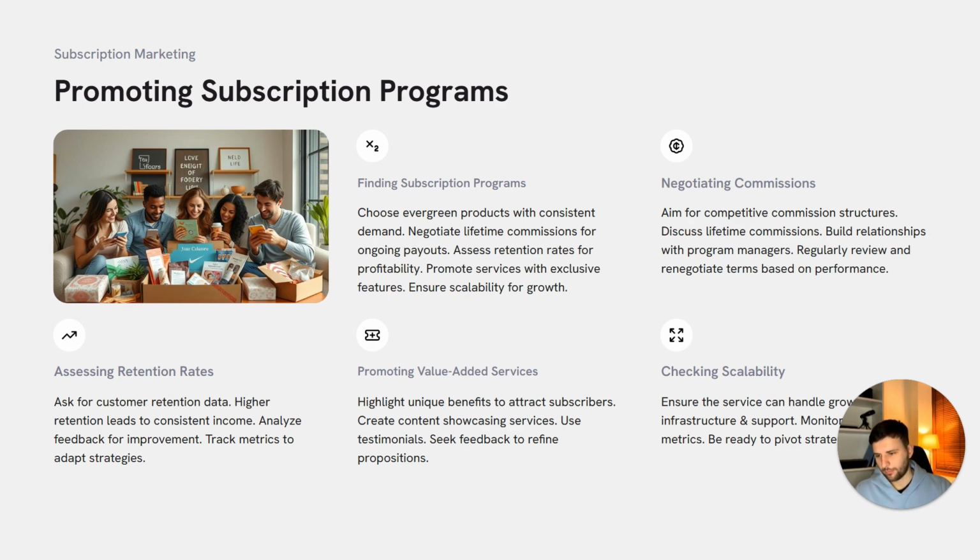Then how do you actually assess retention rates? Because if you have something different from Netflix and these big platforms, it's harder to assess retention rates. In that case, just ask for customer retention data. Higher retention leads to consistent income. Analyze feedback for improvement and track metrics to adapt your strategy. Next, you should highlight unique benefits to attract subscribers. Create content showcasing services and use testimonials in your content. Seek feedback to refine